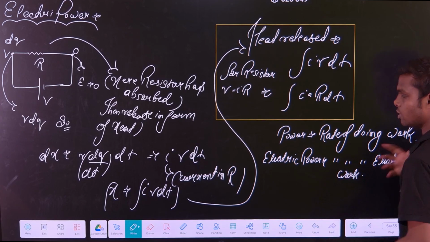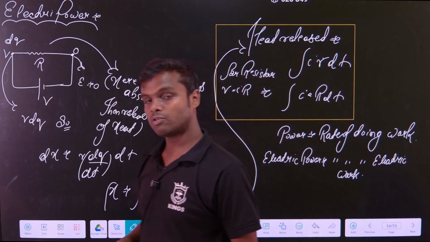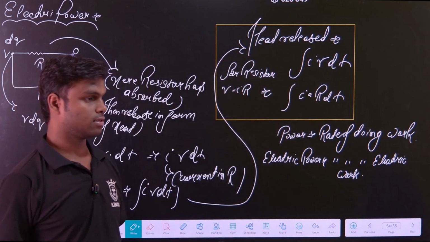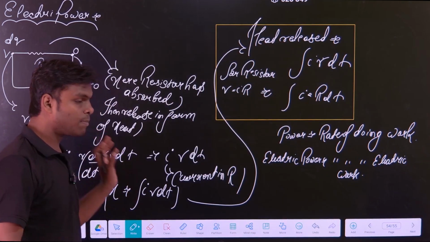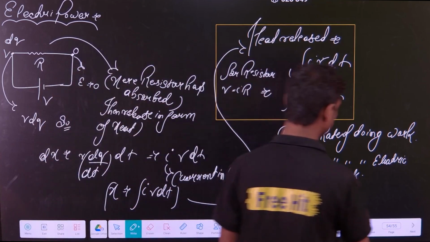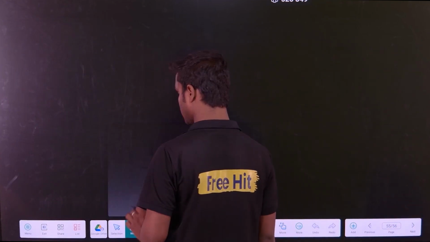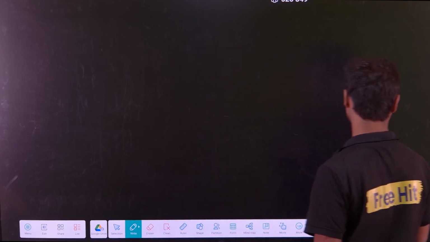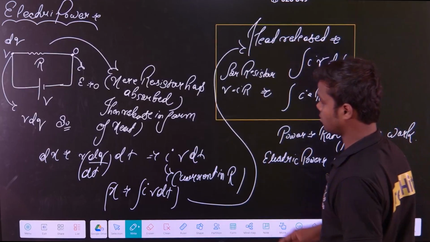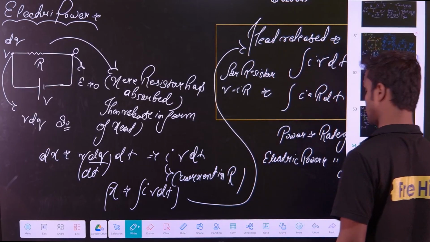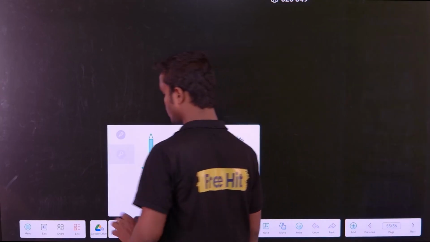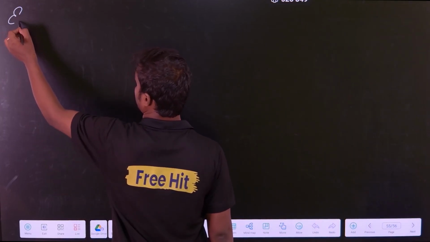Power means rate of doing any work. Electric power means rate of doing electric work. So if we want to define power, then what can we say? Let us take a general case. So how is electric power defined? Electric power